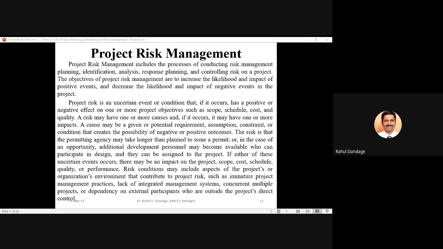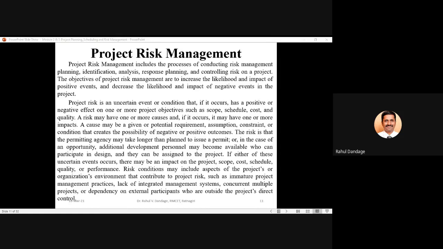So there are various activities. Whenever we talk about project risk management, we cannot directly decide how to execute it. We have to go for planning the project risk management process. We should go for identification of the risk categories. We have to analyze them, prioritize them, and rank them based upon their importance.